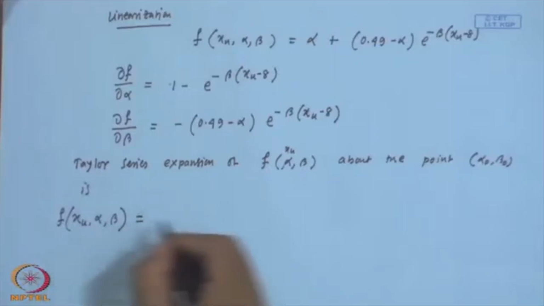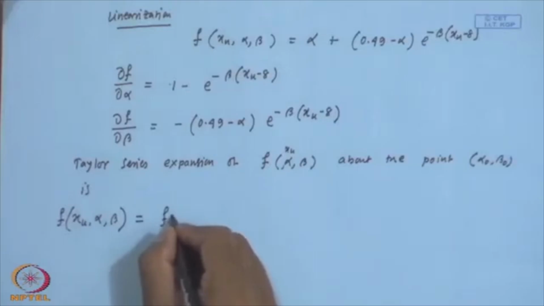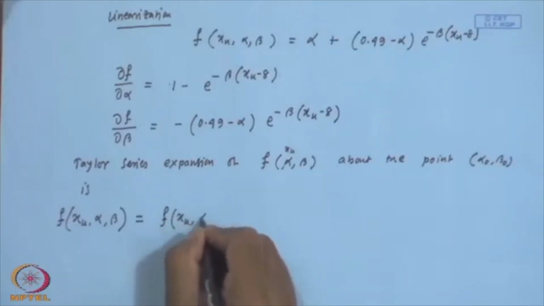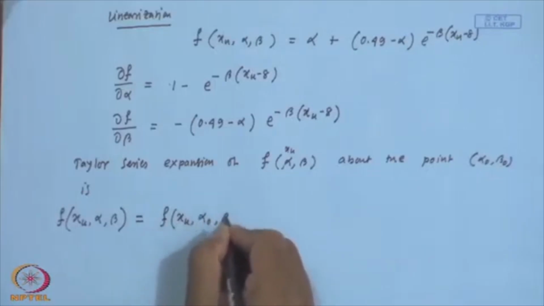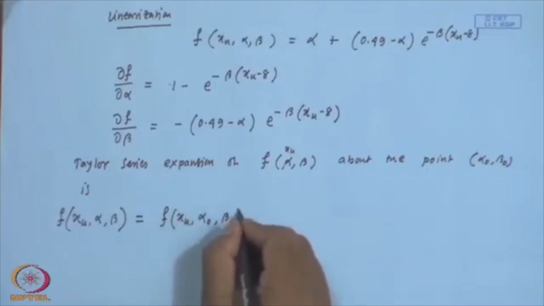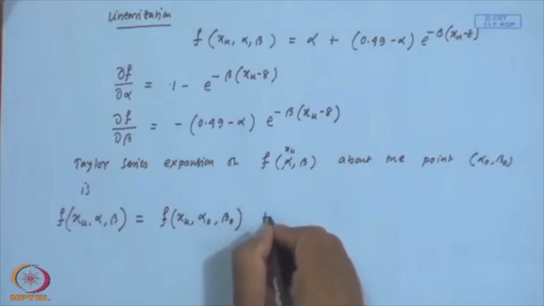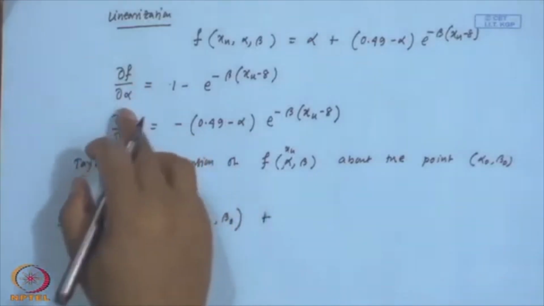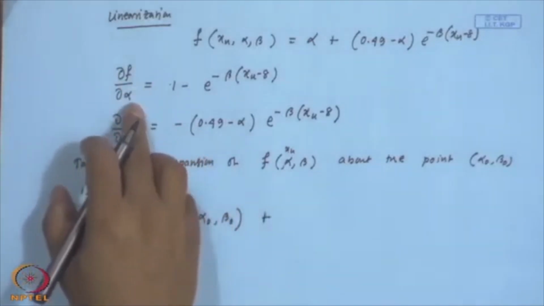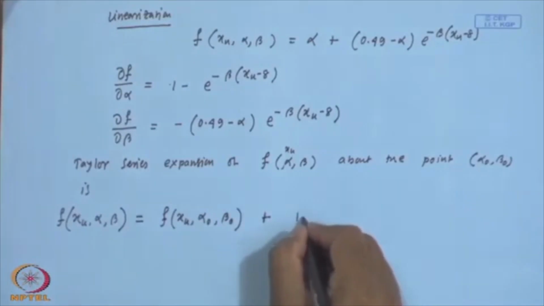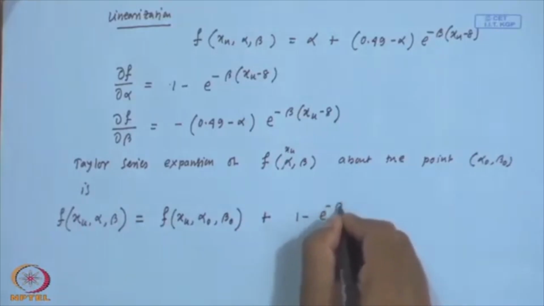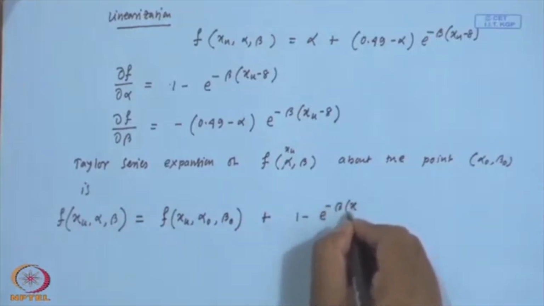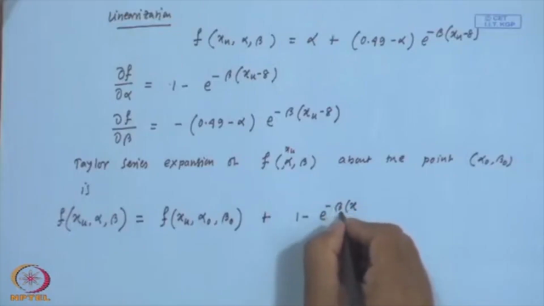This is equal to f of x_u, alpha naught, beta naught, plus df d alpha at the point alpha naught, beta naught. That is equal to 1 minus e to the power of minus beta naught